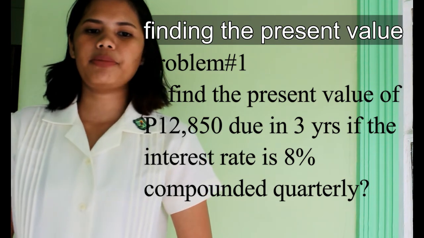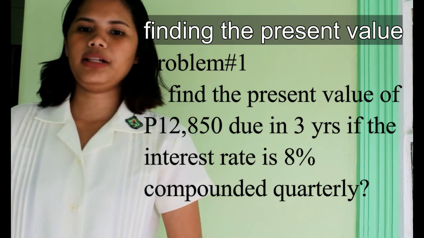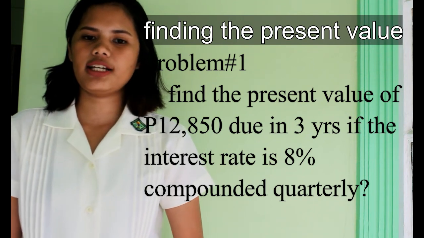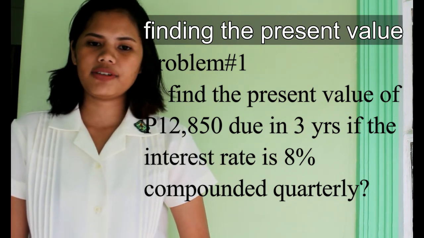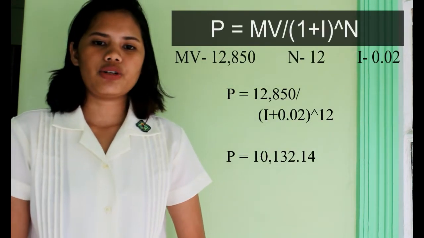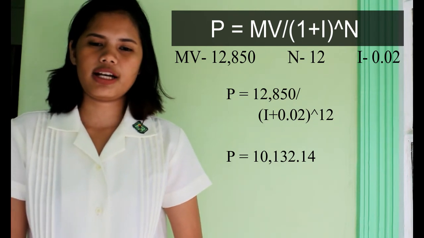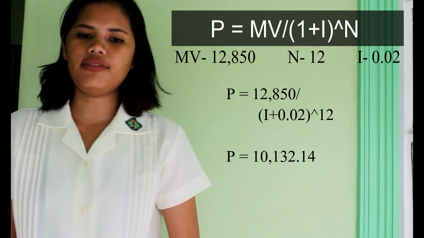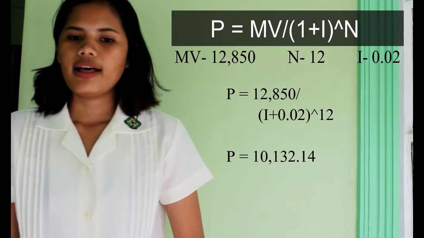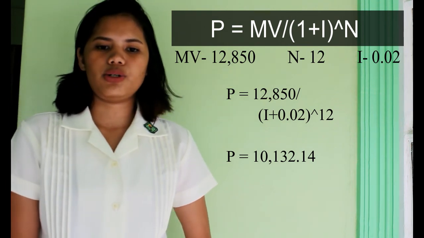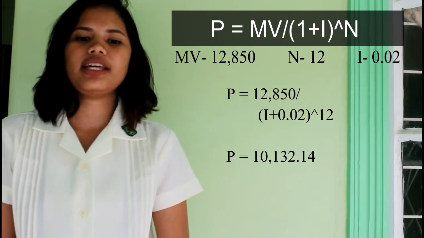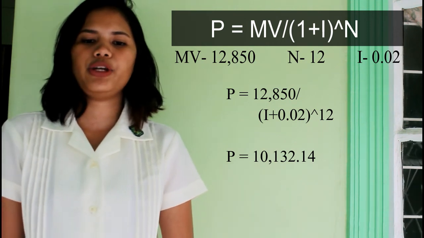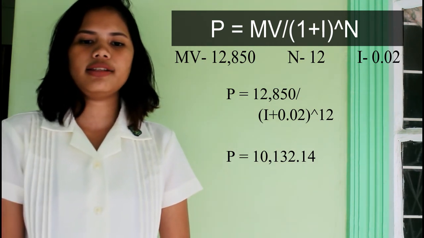Finding the present value or principal in compound interest. For example, find the present value of 12,850 due in 3 years if the interest rate is 8% compounded quarterly. The formula is principal is equal to maturity value over 1 plus interest raised to n. Maturity value is 12,850, n is equal to 12. Interest is equal to 0.02. Principal is equal to 12,850 over 1 plus 0.02 raised to 12. The total is